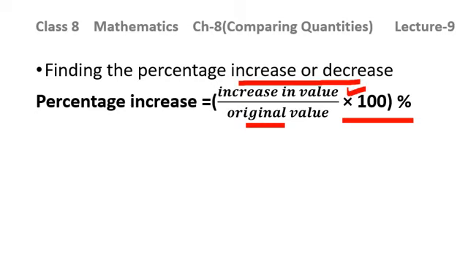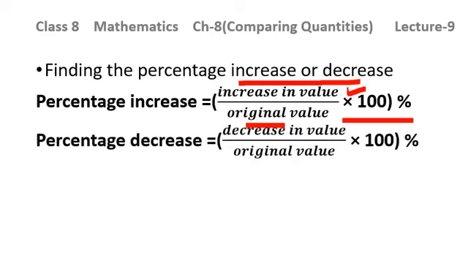We have done various examples related to this concept. Like I have given the question: the price of a scooter was rupees 34,000 last year. This year its price is increased to 40,800 and you are supposed to find the percentage increase. Simple. You can find the increase in value first and then the original value will be written in the denominator into 100%. If you need to find the percentage decrease, it will be decrease in value over original value into 100%. This will be the formula of percentage decrease.